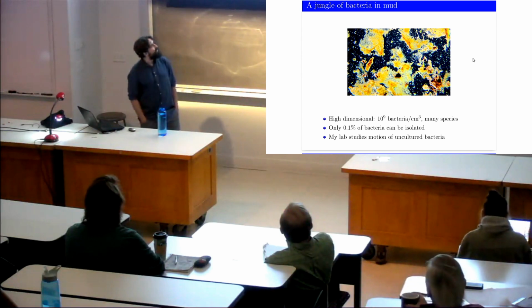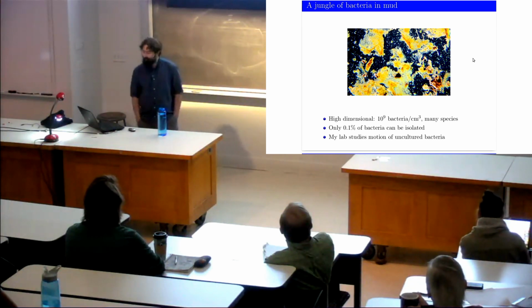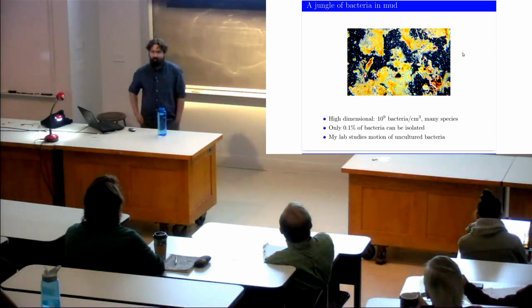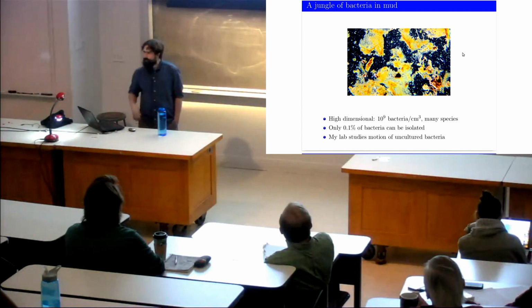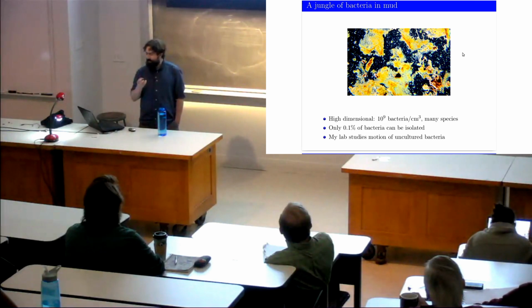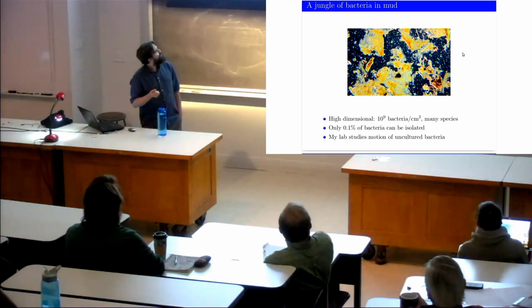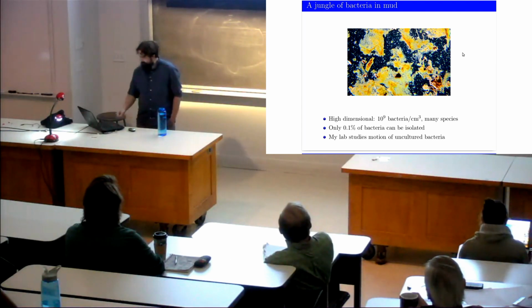This is some mud that we collected from the coast of Massachusetts. As you look into it, you can see no end of little swirling animalcules and school bus-sized nematodes moving through the environment. And some of the questions we're thinking about are, how are all of these flickering, bizarre things happening? All right. Anyway,